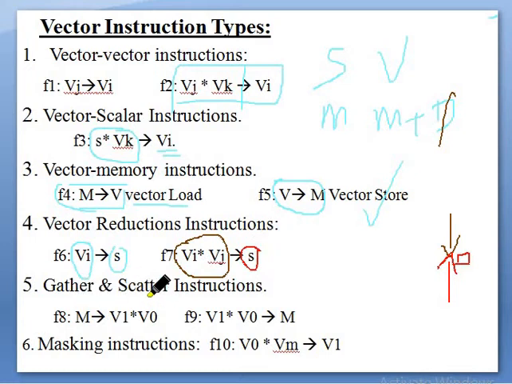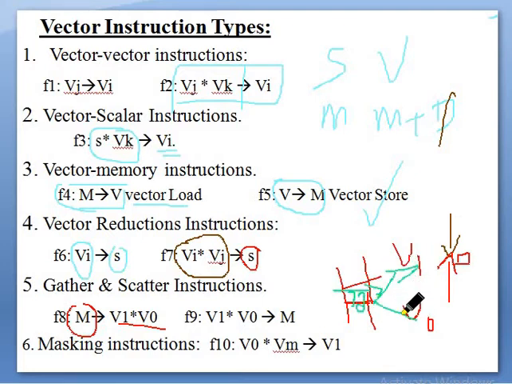Okay, next one, gather and scatter. Scatter means from memory it is copied into multiple vectors. See, like this, it is the same data, different vectors v1 and v0. So the data is 32, let's say some number in the vector. So both here, it is called scattered. Data is sent out in multiple directions.